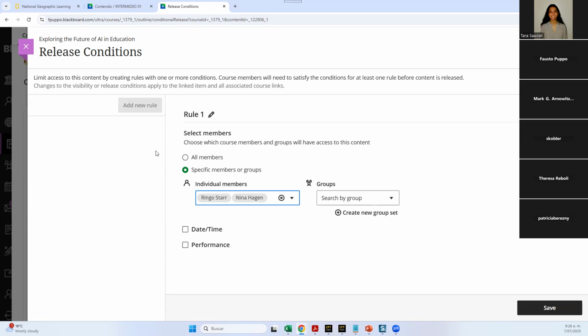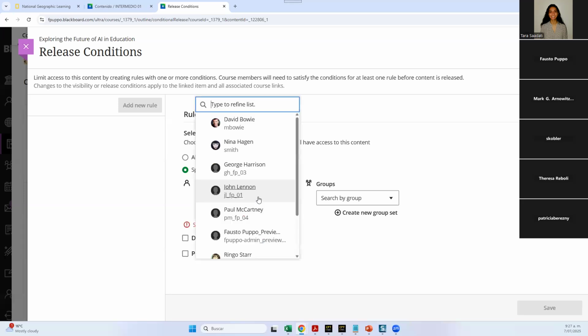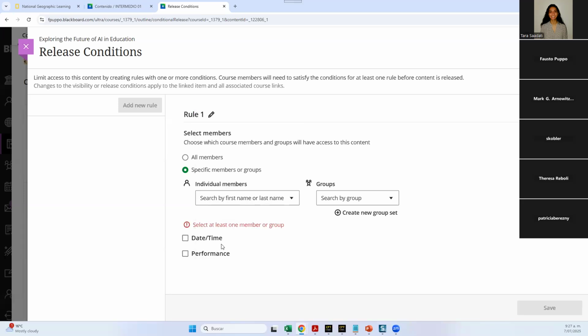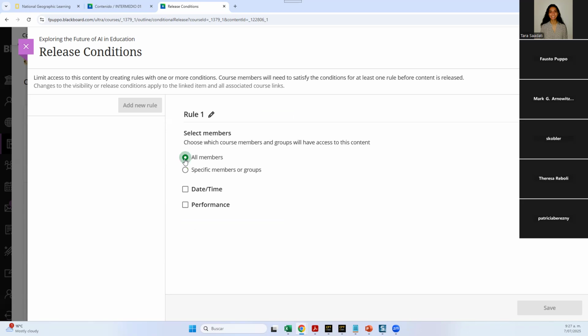If you change your mind and you want to delete one of them, just click on the little X here and start again, okay? Should you make a mistake. Normally, however, your content is going to be available to all course members, and then you can indicate the date